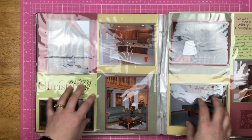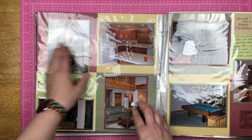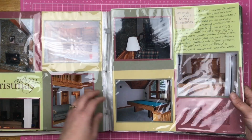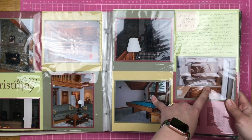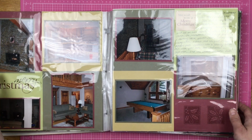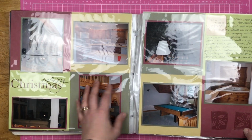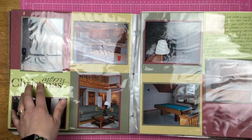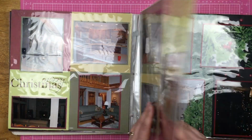And it was gorgeous. The kitchen was gorgeous. The fireplace, it was just gorgeous. We had a pool table. We had a big, huge tub. We were expecting a little cozy cabin, but this was a gorgeous vacation home that we ended up staying in. Stamping and rub-ons, that is the theme of